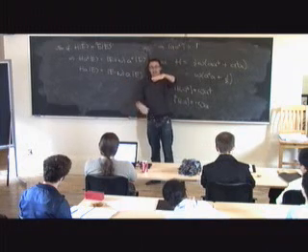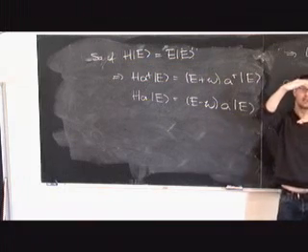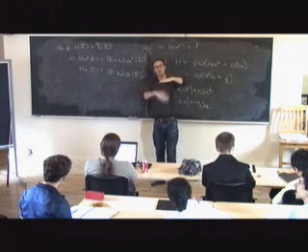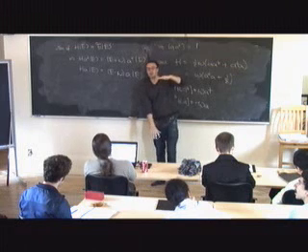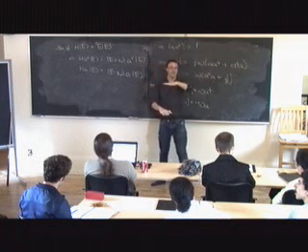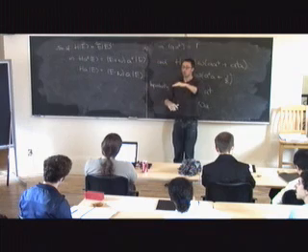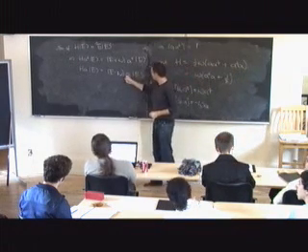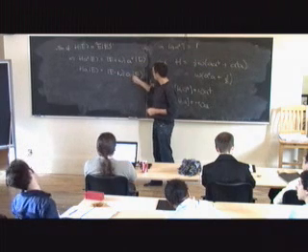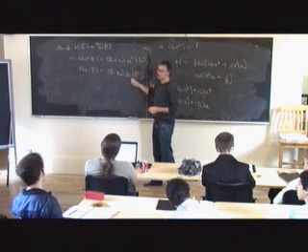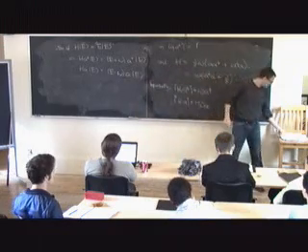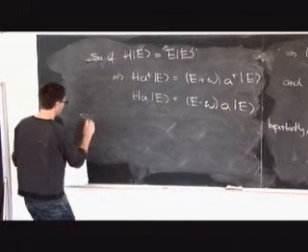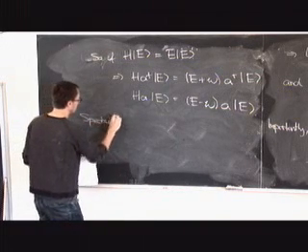Okay, so we get this tower of energy eigenstates. If there's one with E, there's another one with energy E plus omega, and another one with energy E plus 2 omega, and so on and so on. And there's one with energy E minus omega, and one with energy E minus 2 omega, and so on and so on. But at some point, if we want to have a spectrum which is bounded below, this had better stop. And this stops only if A acting on one state vanishes, so that we don't have another state to go to. So spectrum bounded below